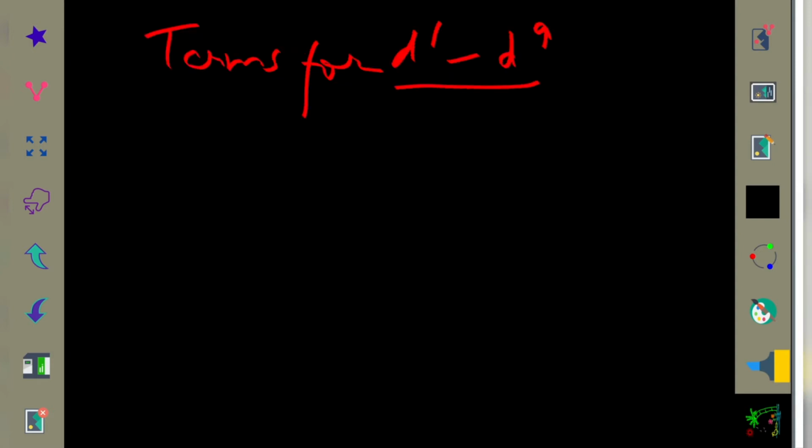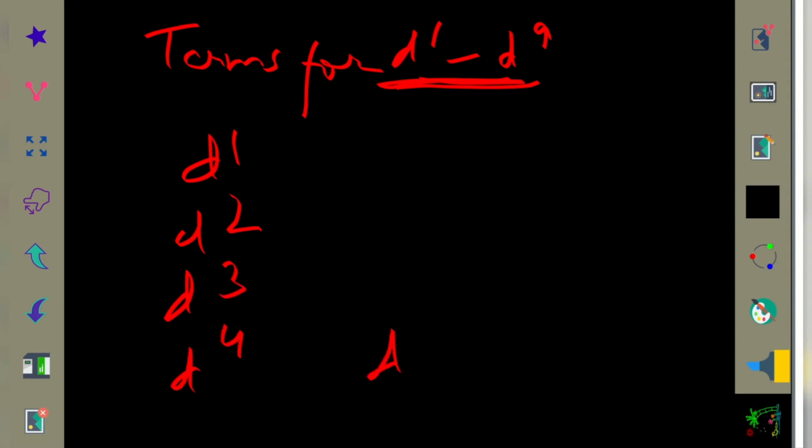Now let's find out what the term will be for the given d complexes like d1 to d9. I have already made a video on a trick to find the configuration for d1 to d9. I am writing it directly over here. If you want to learn in detail, you can go to the previous video. The trick is that from d1 to d9 you write d1, d2, d3, d4, then d5 excluded, d6, d7, d8 and d9.